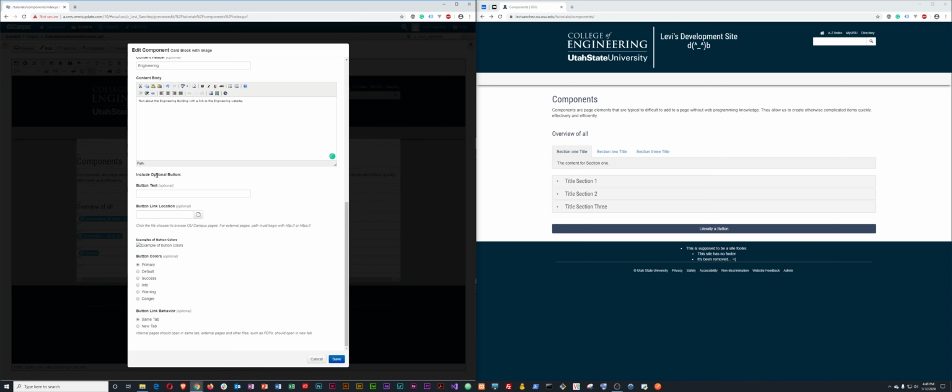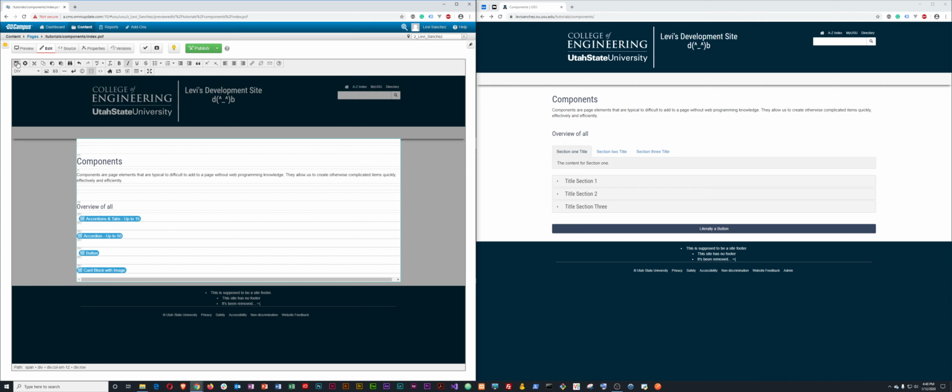And let's see, include optional button. Okay, so we don't have to include the button. Examples of button colors, that seems to be broken, but that's okay. I can kind of remember what those colors were. If you're familiar with Bootstrap, then you know what those colors are, but if not, just guess, pick and choose, and then if that's not the color you want, try another one. And then button link behavior. Again, these are optional though, so I'm guessing where I didn't add button text, it's probably not going to create it at all. So I'll click save, save the page,